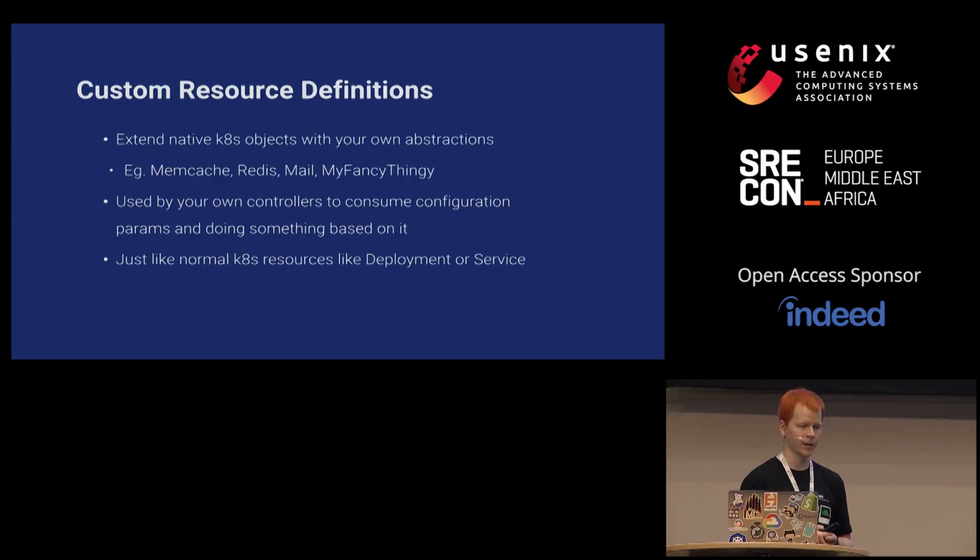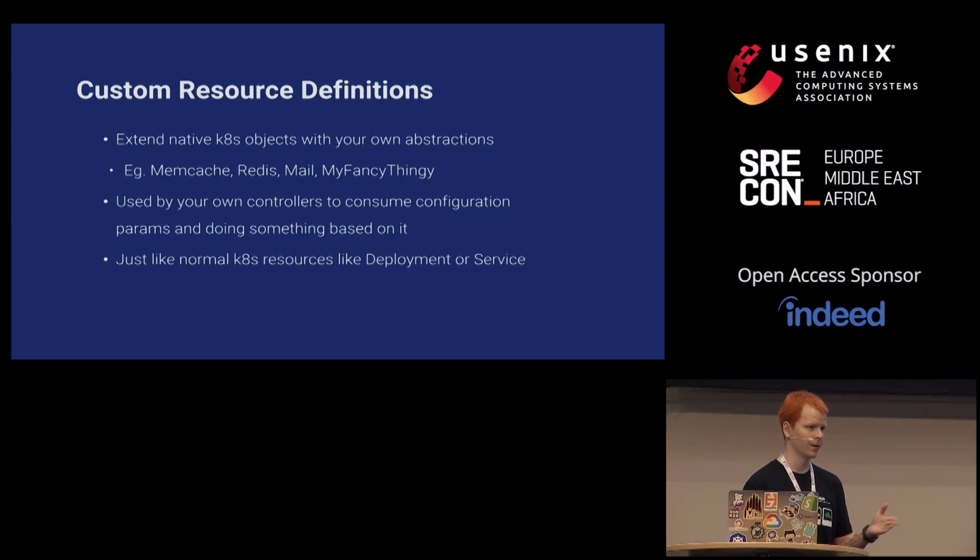Custom resource definitions are something we really heavily bet on too. We started with third-party resources, which were a predecessor to CRDs. All it means is that you introduce a new object type into Kubernetes. So you can create an object type like Memcache, Redis, Mail, my mother's flowers, whatever you need in your use case. In our case, we have an object type called pingdom shop, which means that we want to create a Pingdom check for a new shop. But it can be whatever you want. And again, you can watch those events and custom resources and do whatever you want with them.